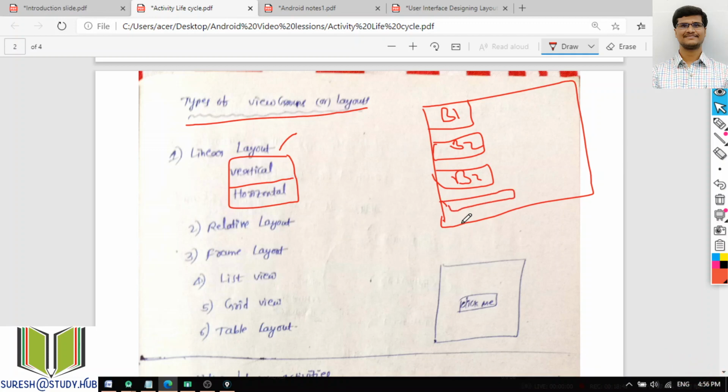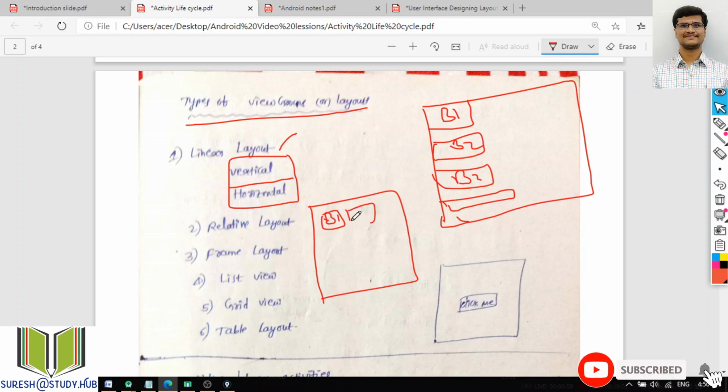This is the vertical manner, and I can have another view in the fifth. But if you have horizontal, then button 1 will be here, and immediately after this we have button 2.